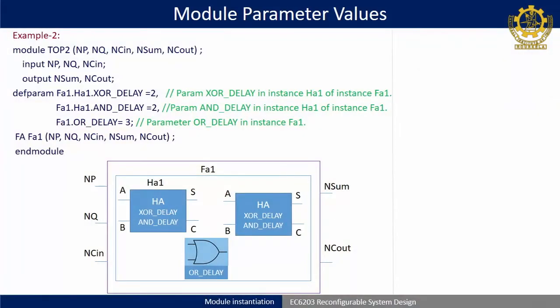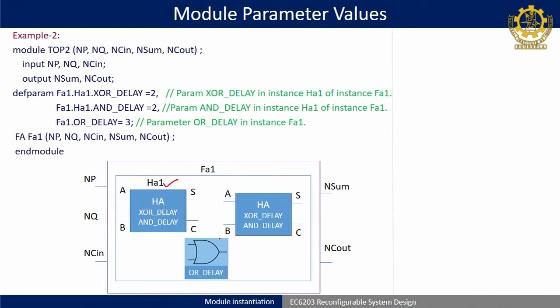The last is defparam. The hierarchical path names of the parameters in a lower level module can be set explicitly. That means, if there are, let us say, n level hierarchies, till the lower level you can set it from the top module. Another example, module parameter, I have not concentrated more on the design or connection, rather on the parameters only. Assume that there is a HA instance named HA1, HA is the module name, XOR delay and AND delay. Similarly another is there, but I have written this code only for this HA1, you can write further for this, that has not been done here.